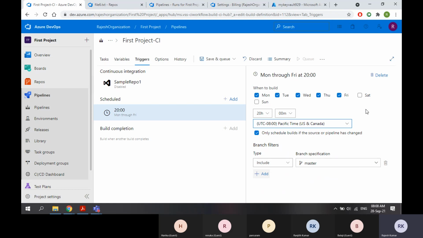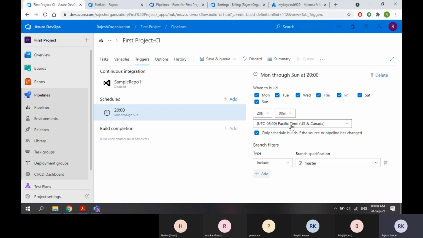That's why whenever you are using the schedule trigger, make sure that you are selecting the proper time zone and the right time. So today is Tuesday, and this is about your working days. If your team is working Monday to Friday, you can select Monday to Friday. If they work on Saturday and Sunday also, you can select Saturday and Sunday. So even though you are not there in office, on every Saturday and Sunday at 8 p.m., this build will trigger automatically.